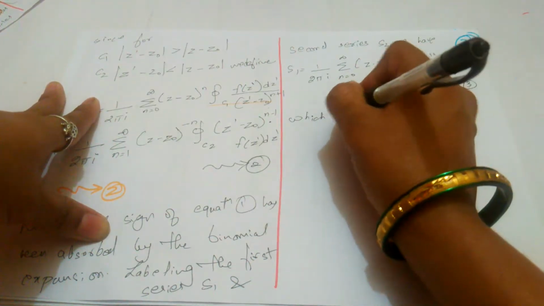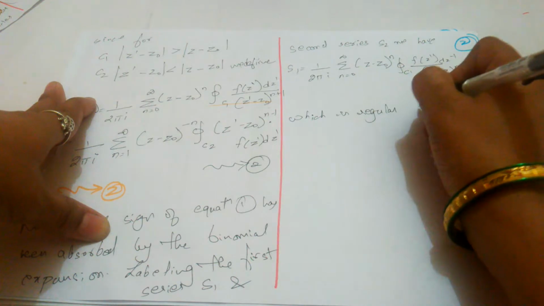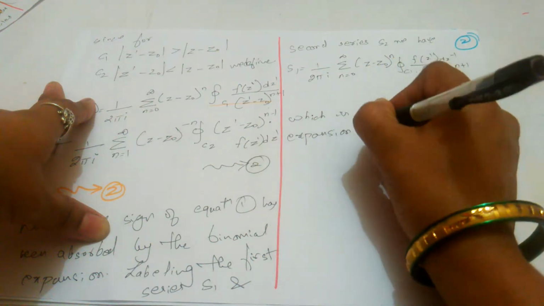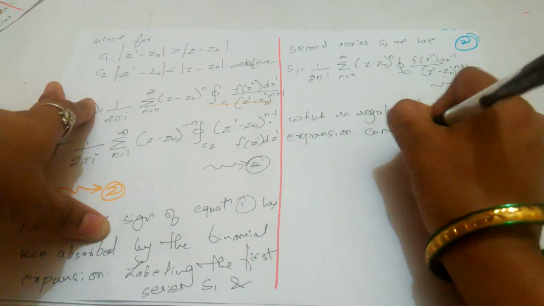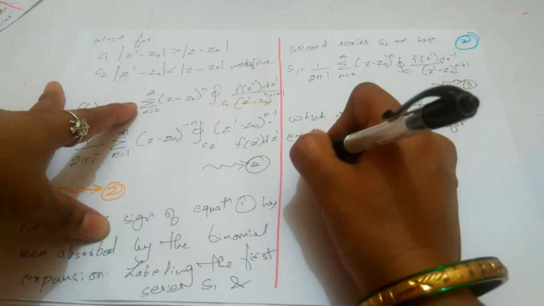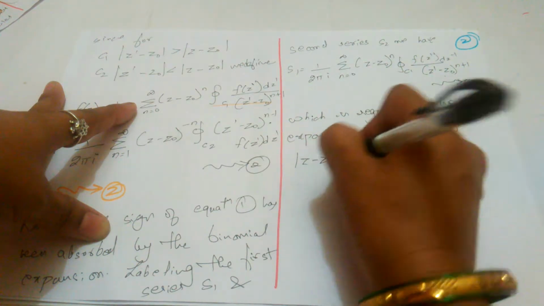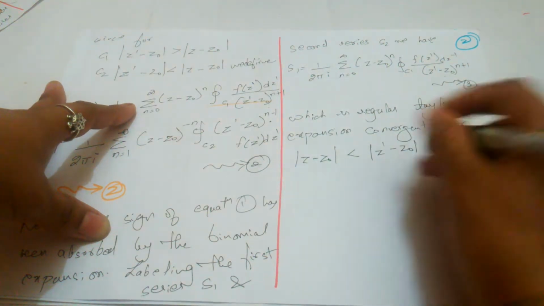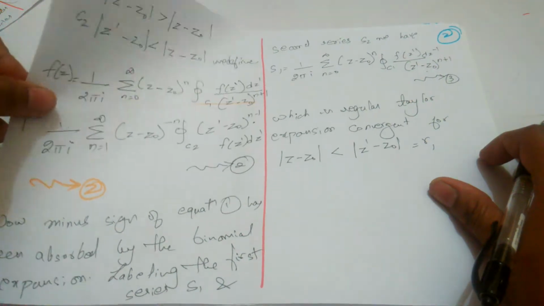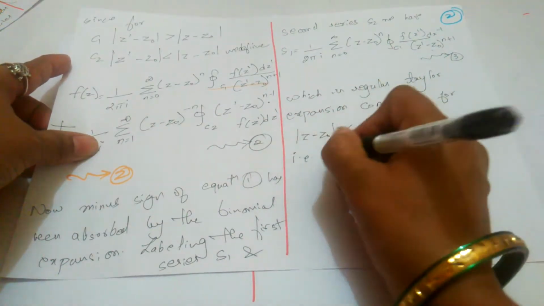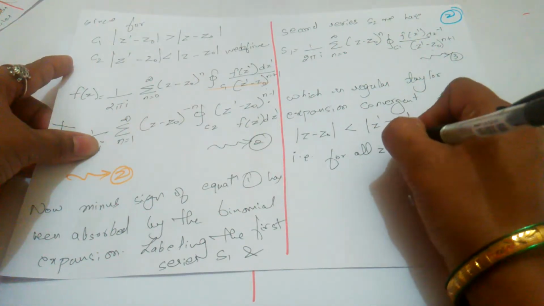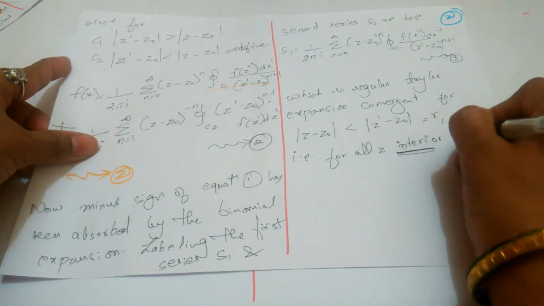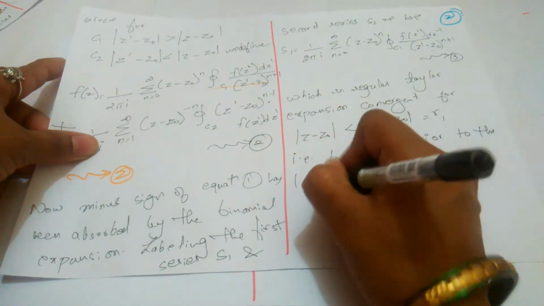Now this one is a regular Taylor expansion, which is convergent for modulus z minus z naught less than modulus z dash minus z naught, which is equal to R1. So that is for all z interior, just see this word, interior